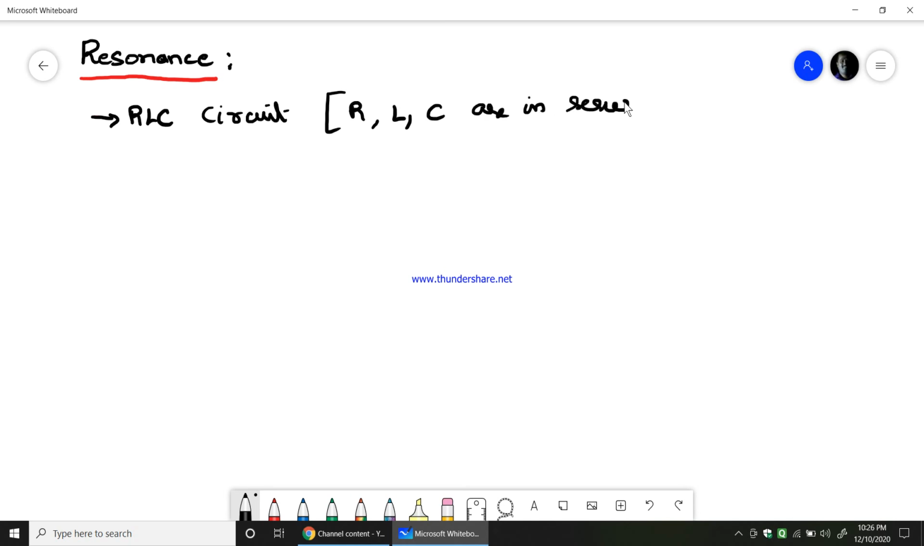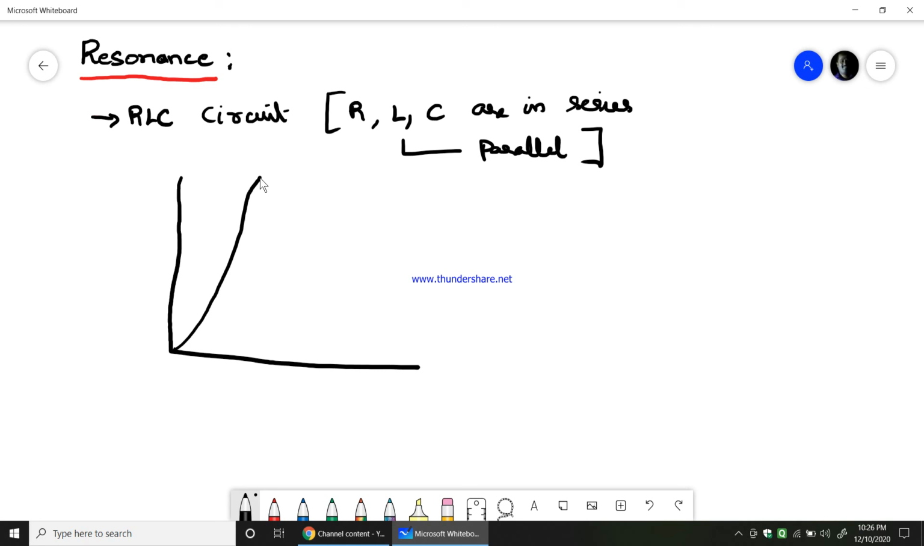We can also have these three components in parallel. So we can have them either in series or in parallel, and we do get resonance when we interconnect these three components. The curve of the resonance would be